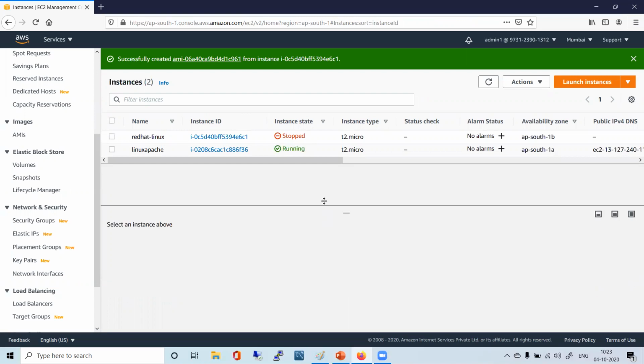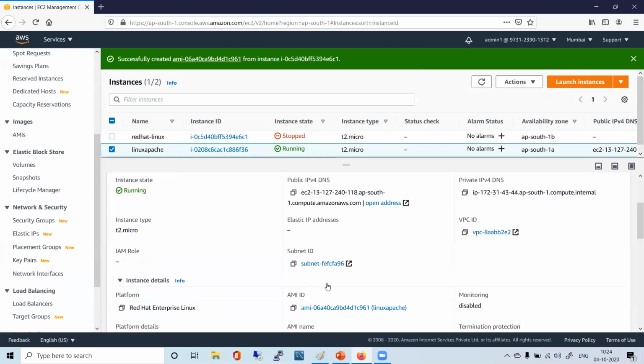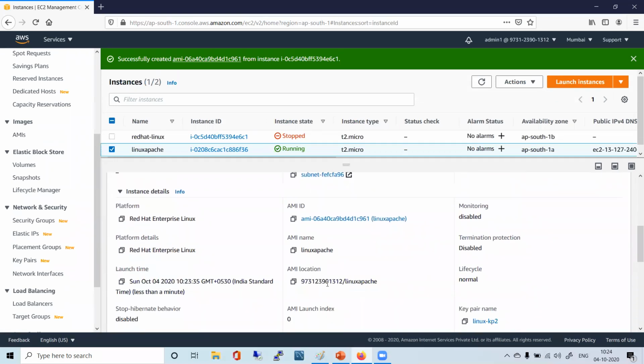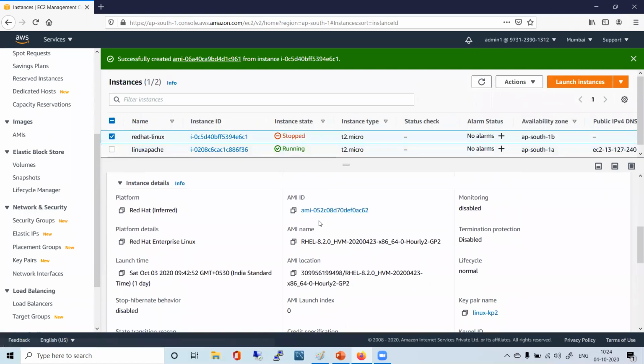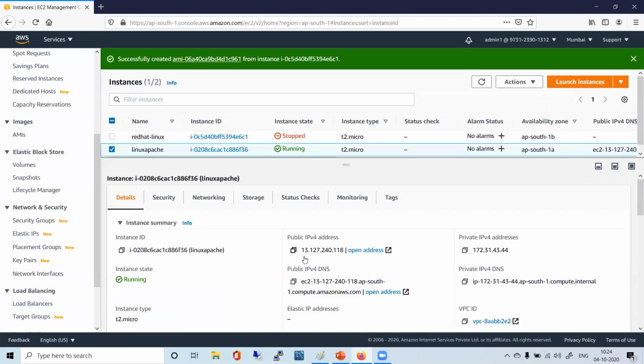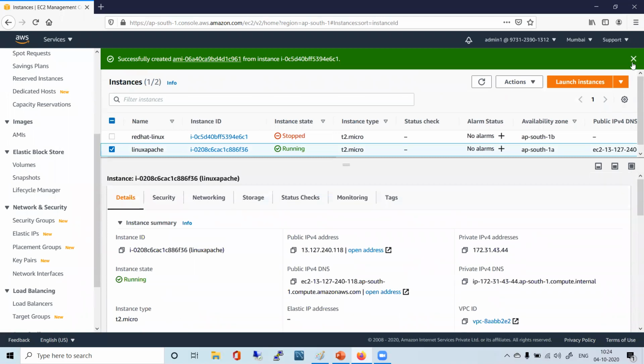So you are getting another instance created, that is Linux Apache. This Linux Apache is going to get another IP address and all those other details, right? So it has come from Linux Apache. The very first one, right? That had come from what? That had come from this particular AMI ID. The AMI name was this one, right? So initially when we launched our RHEL instance, this was the AMI. This time it is not from the marketplace. It is our own AMI with all the configurations, right? Got it? Understood AMI?